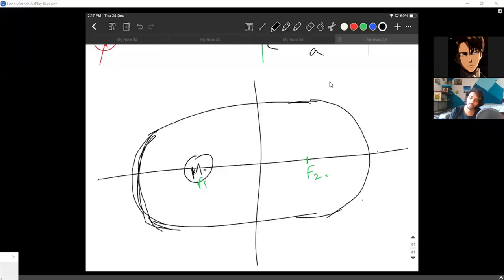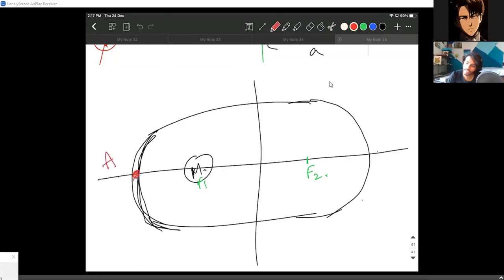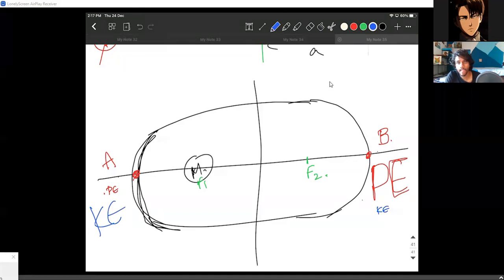Okay, so what is the closest point in the whole travel? Sir, the one near f1. F1, sir. So let us call this the point A. Let us call this the point B. Here, what can you say about potential energy? What can you say about kinetic energy? Sir, at point B, the potential energy is very high, but kinetic energy is too low. But at the point A, kinetic energy is very high and the potential energy is very low. High potential energy, low kinetic energy at B. Here you're saying low potential energy, high kinetic energy. Do the rest of you agree with this? Yes, sir.